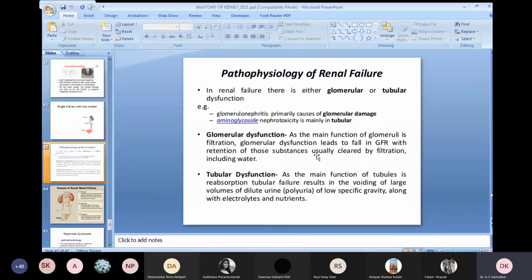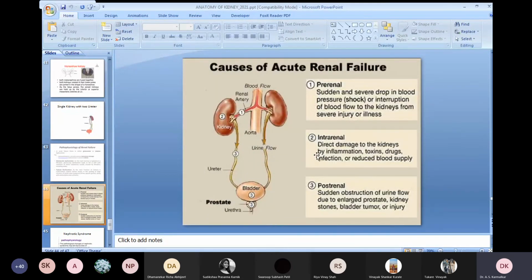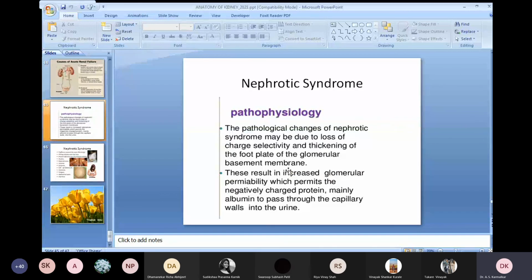This is another anomaly. There may be acute renal failure, and the causes may be pre-renal due to the sudden drop of blood from the renal artery due to shock. Maybe in the kidney, that is damage to the kidney. Maybe a block in the ureters. Okay, it may be due to the prostate. You can see here, it may be due to a stone that may lead to renal failure. Nephrotic syndrome, again, is a condition in which there is a disease which is